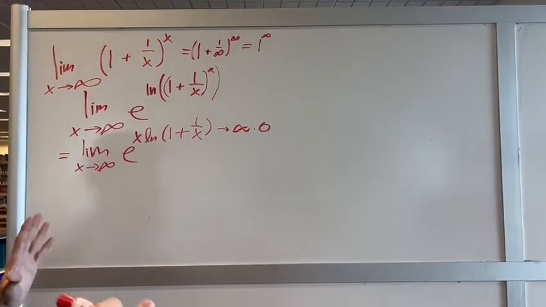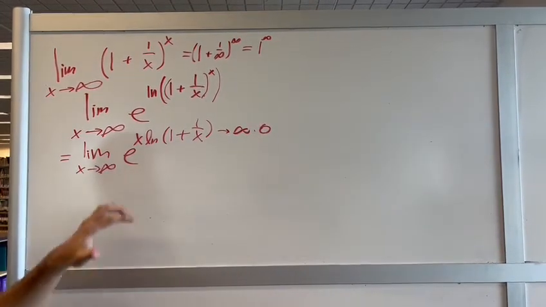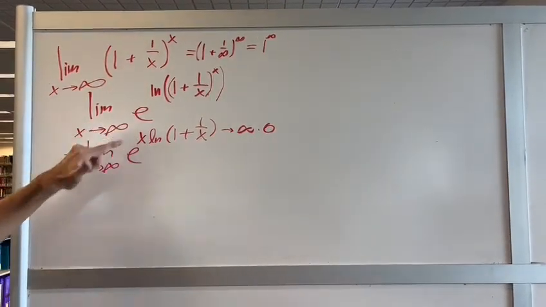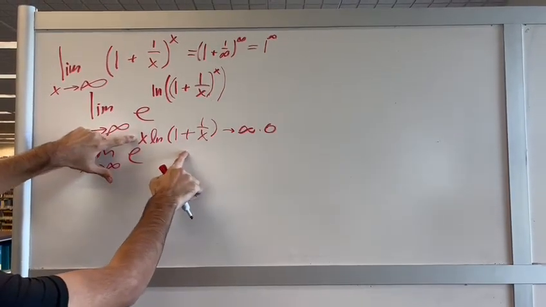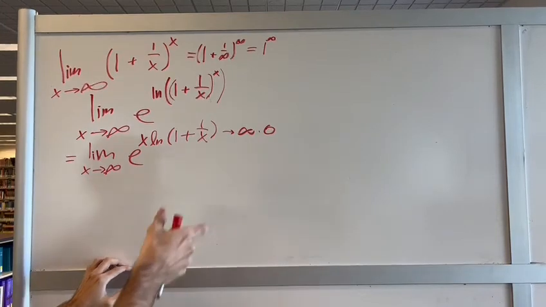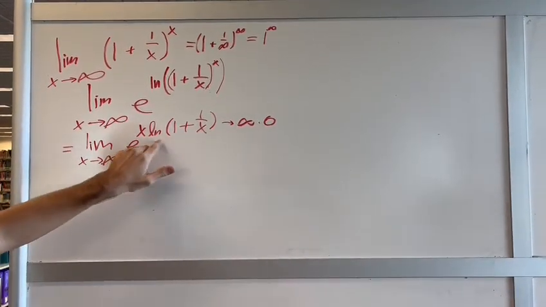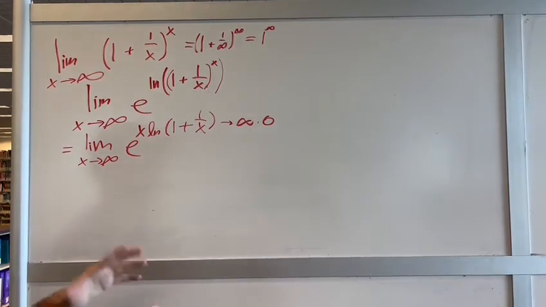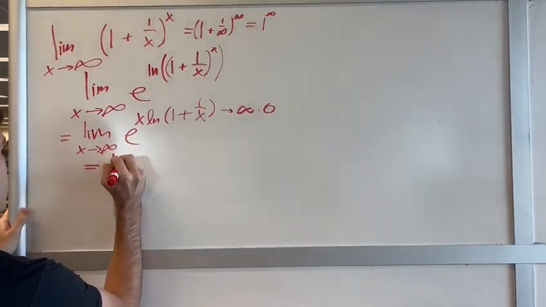So what we have to do is use L'Hopital's rule. It only works when you have a fraction. We don't have a fraction right now, but we can change this into a fraction because we can take the x, put it in the denominator, and raise it to the negative 1 power. So it'll basically be this divided by 1 over x, so that way it's technically a fraction. We'll just rewrite it in that way. So this is the limit